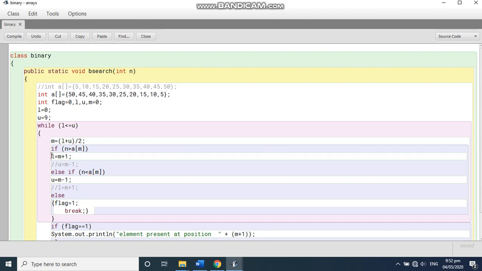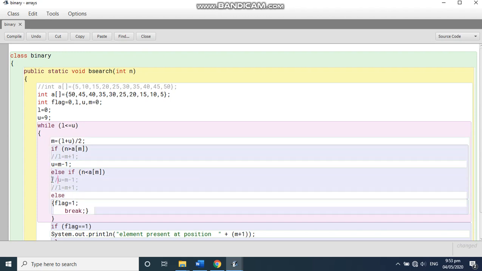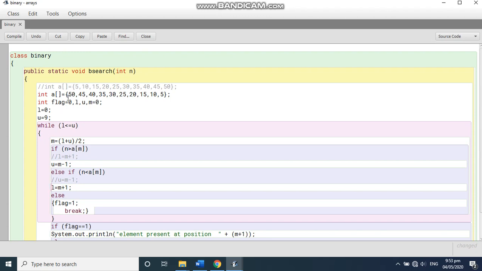I have to make these lines... see. Now the descending order is 50, 45 till 5. And if this is your L and this is your U, so you are going to change the values. L is equal to 0 and U is equal to 9. This will remain the same.